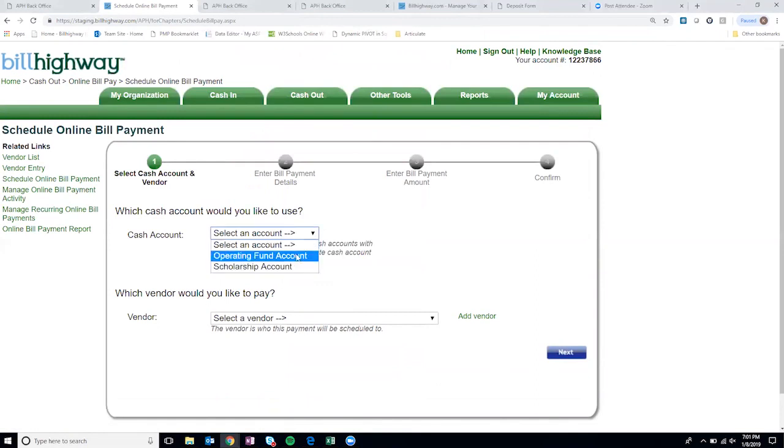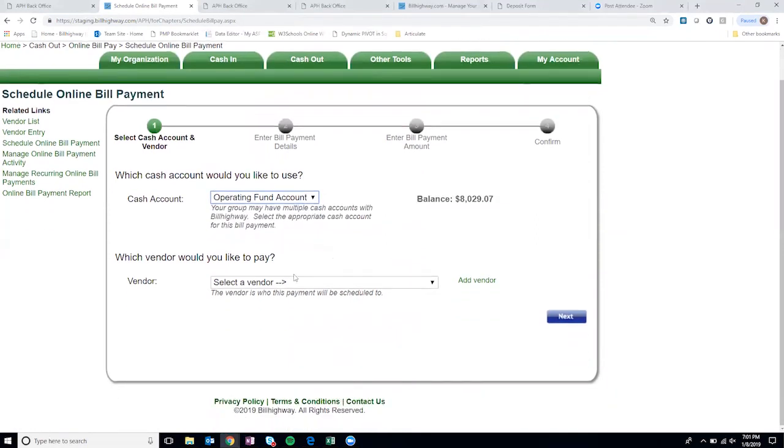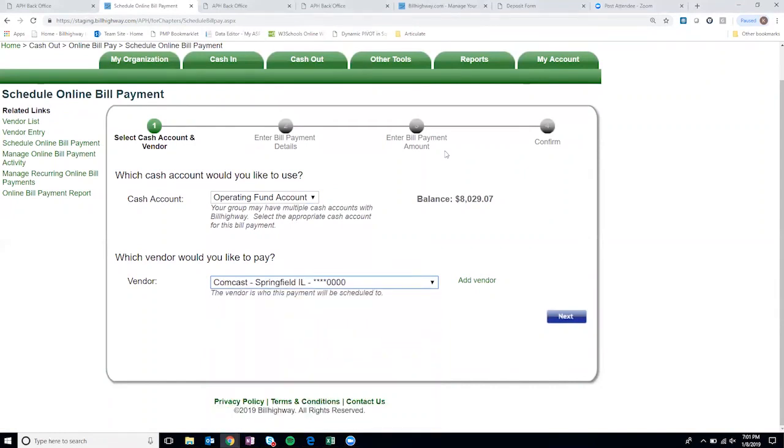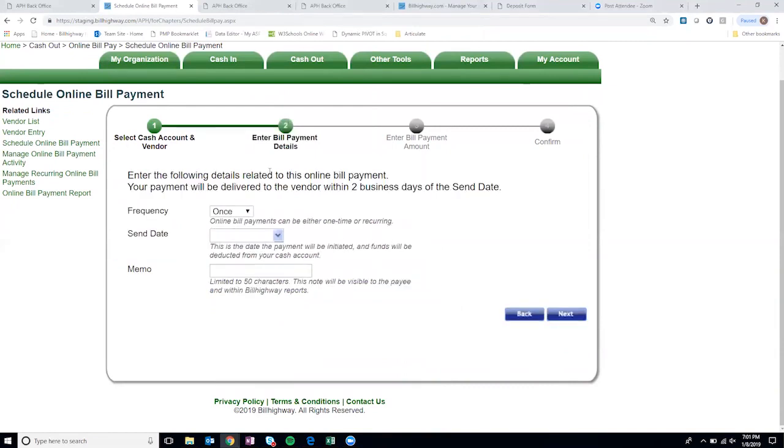And again, I do have to pick my operating account that I'm paying from. Now under where I want to pay a vendor, I'm going to select that Comcast account that we just added, and I'm going to go ahead and click Next. Now what you can see is that this is telling me my payment will be delivered to the vendor within 2 business days of my send date. This is because this vendor is part of that nationally recognized program where my payment is going to be electronically